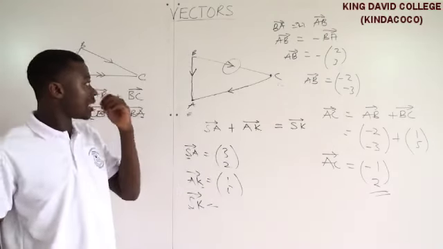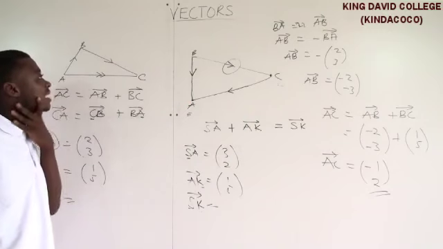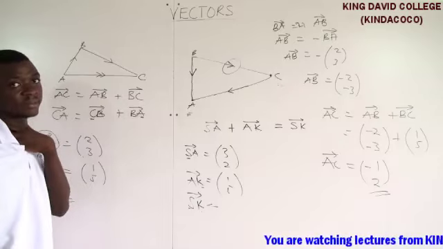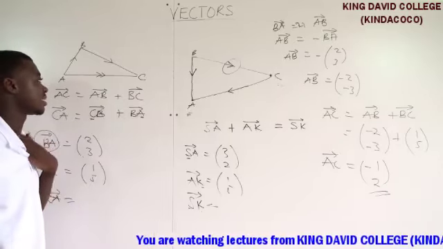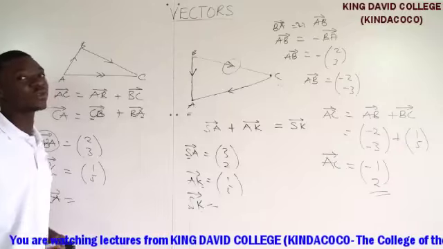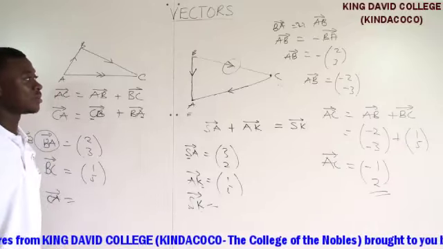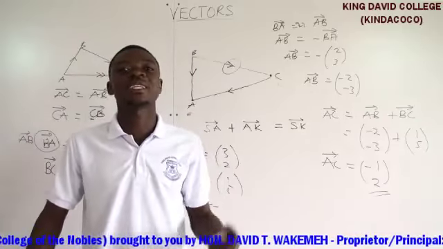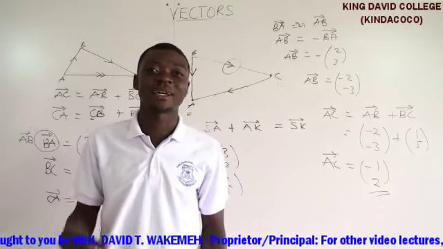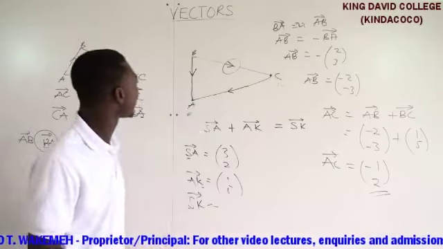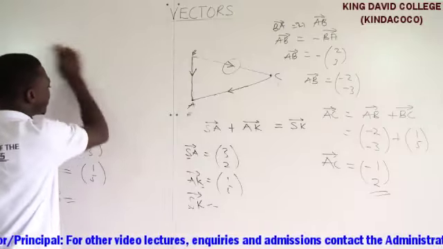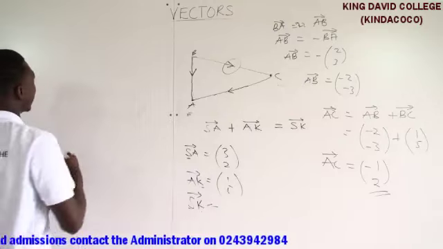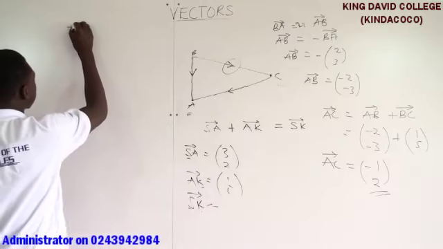Okay, so now let's look at the equality of vectors. If I give you that two vectors are equal, this one is just English language. Vector BC is equal to vector CD, right? Vector BC is equal to vector CD. So if that is what I'm saying, that vector BC is equal to vector CD,